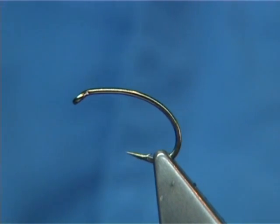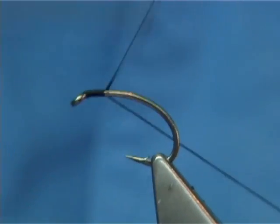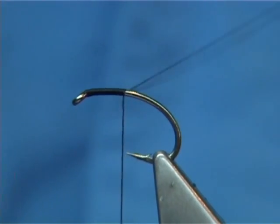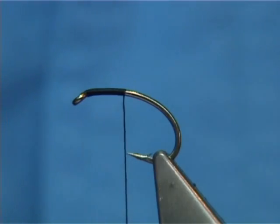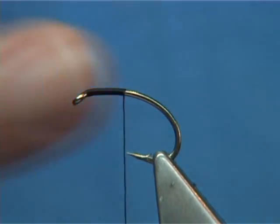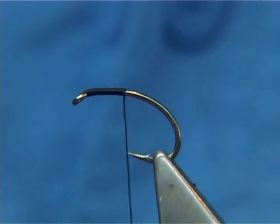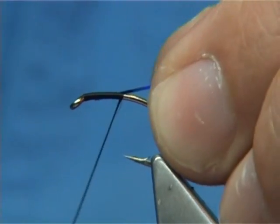So what we do, start to dress the hook. I run the thread down to say the length of the thorax, and then I trim away the waste. And as I said, for the rib it's going to be a blue holographic. Now I've taken this from just a rainbow Flashabou. This is holographic. I've just taken one of these out, obviously in blue, so you could use it. We simply start by tying that one first